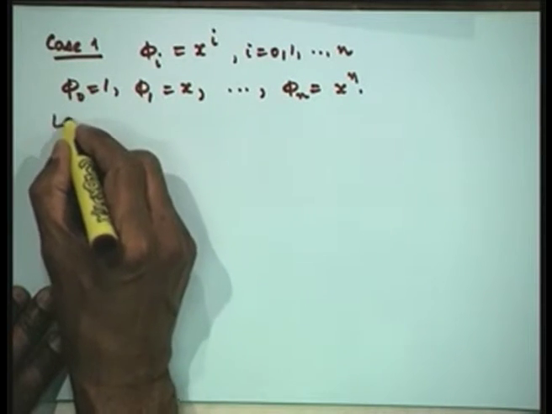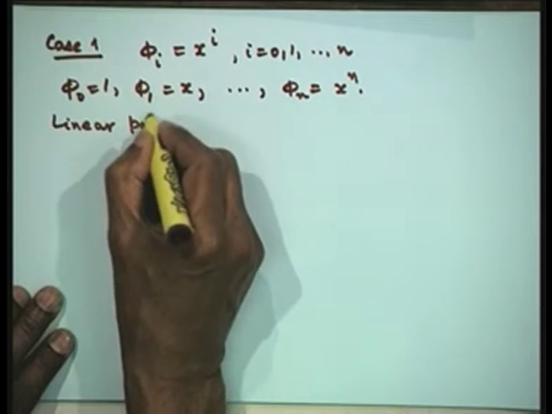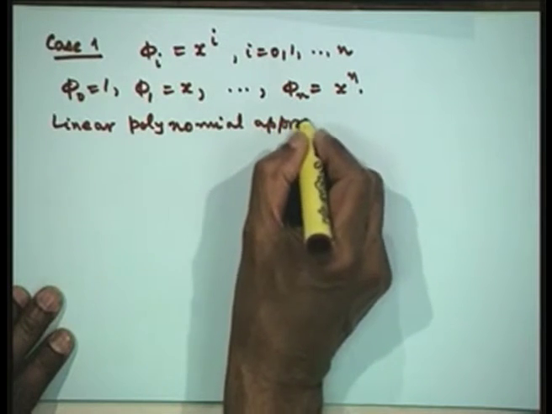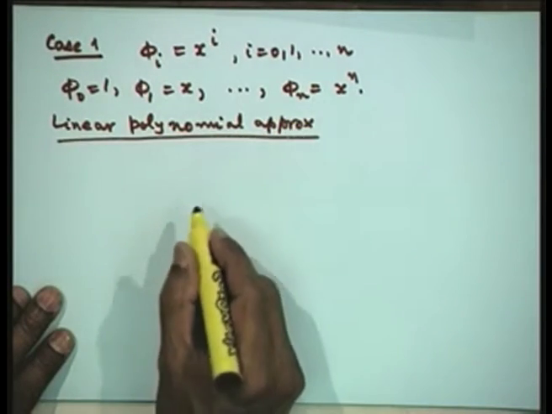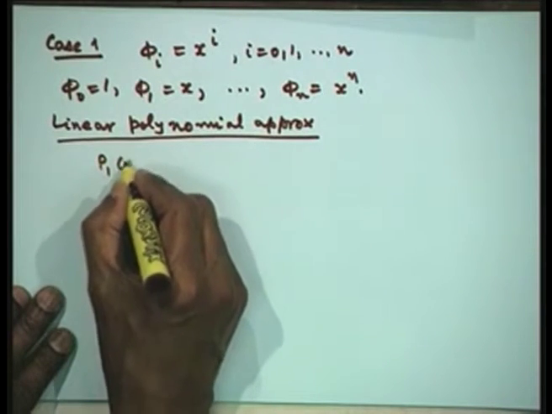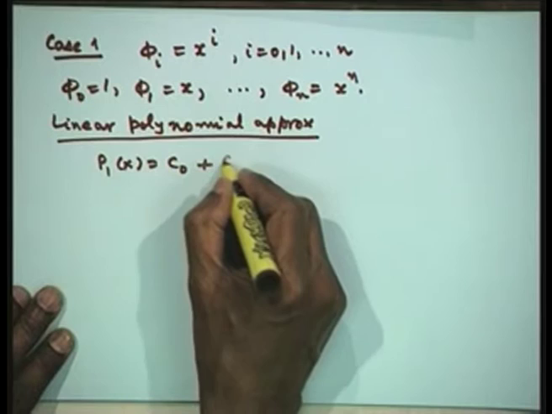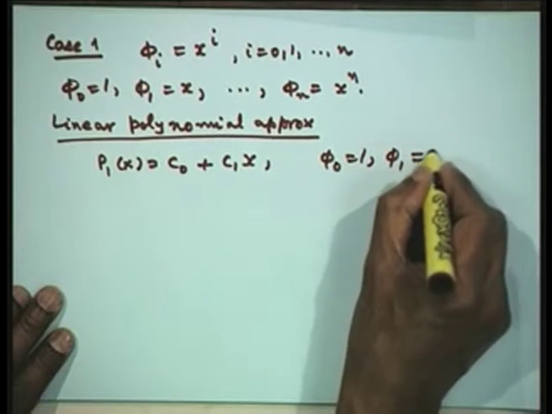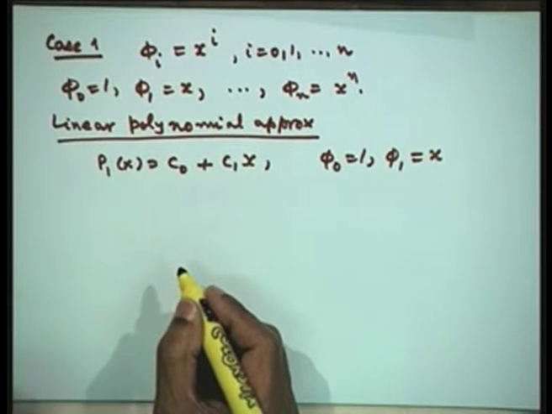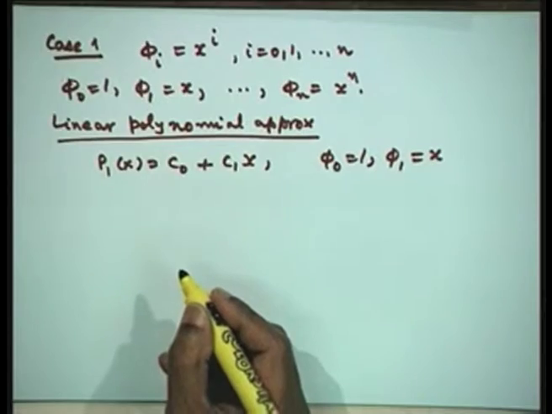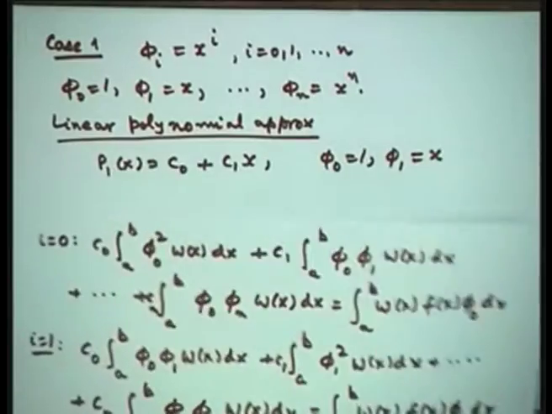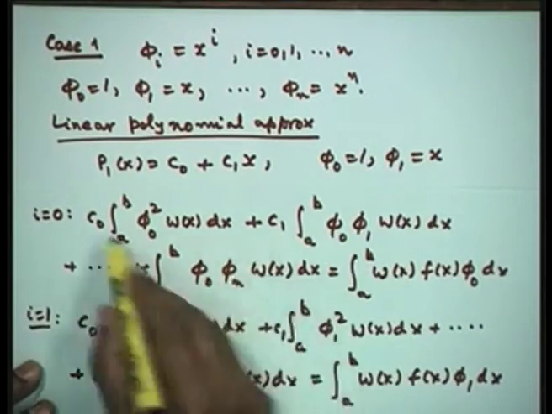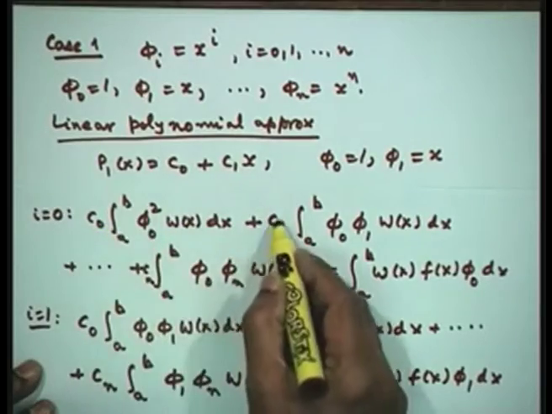Now, let us get the linear polynomial approximation. Therefore, we are considering the case p1(x) is equal to c0 plus c1 x. Therefore, our phi 0 is 1 and phi 1 is equal to x. Now, I just have to substitute these values over here, phi 0 is 1, phi 1 is equal to x, and then retain only two terms, there are only two unknowns c0 and c1,